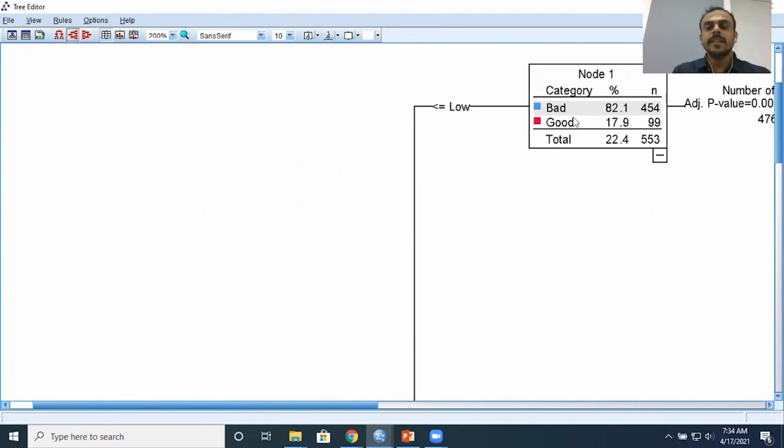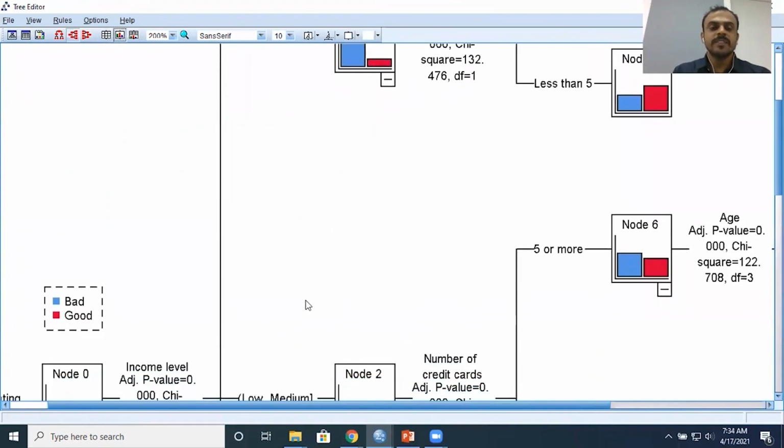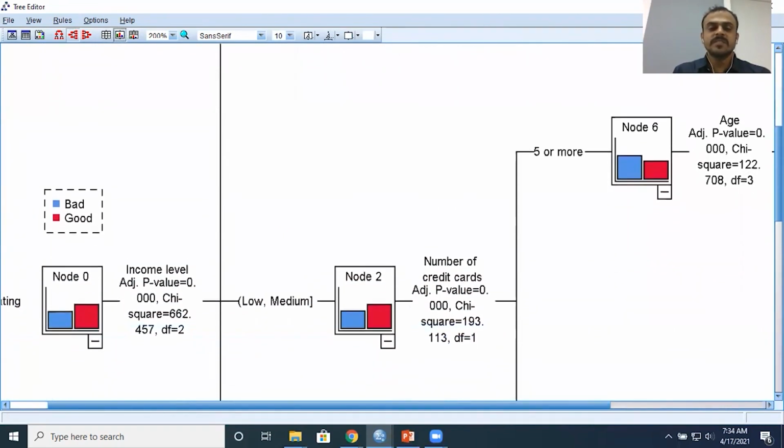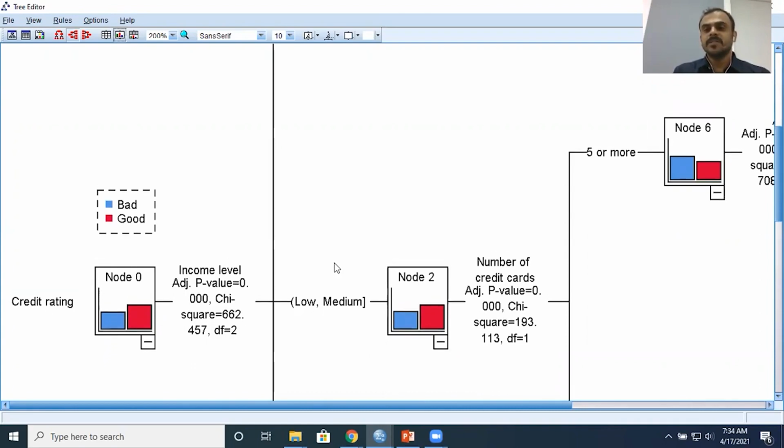Instead of these numbers here, if you wanted to display a chart, a simple bar chart and such things, you can just click on the bar chart. Look at this, how beautifully SPSS constructs the bar chart. Here, you can just look at the length of the bar, right? Clearly, you can see the red colored bar, which corresponds to good credit risk. The sample size for that is higher as compared to the blue bar. So based on the length of the bar, based on the bar chart, you can also make appropriate decisions, right?